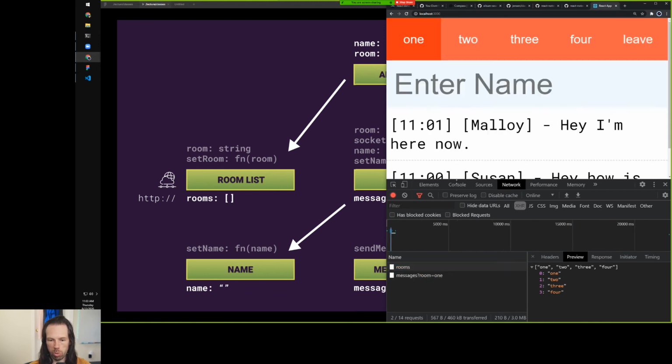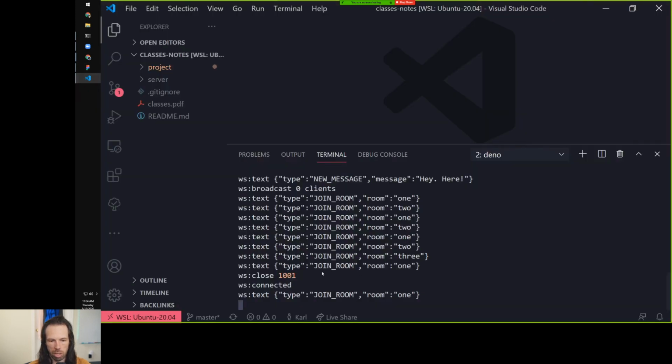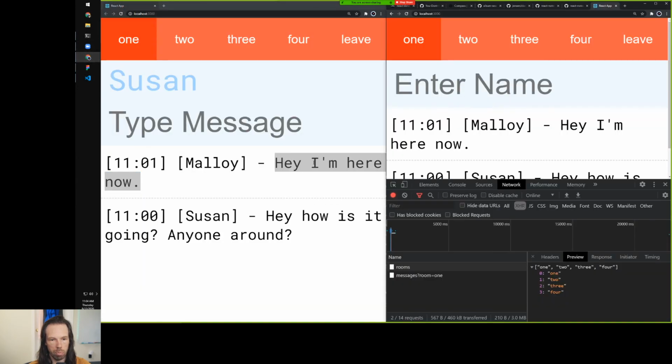We choose one of the rooms. It makes the messages API call and tells it what room it cares about. That's what's happening right here. It gets those messages and replaces this array with those messages. Whenever someone types in a message and hits enter, it updates this array locally and sends a message to the WebSocket server that says, I've created a new message and here's the contents. And then that message comes back into all the clients, and you can see here in their WebSockets,